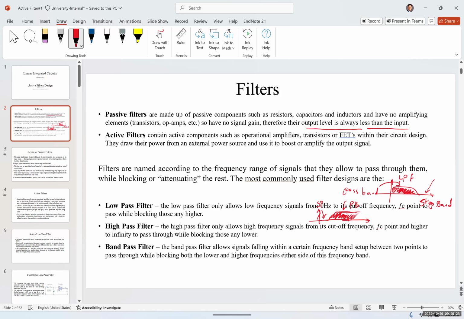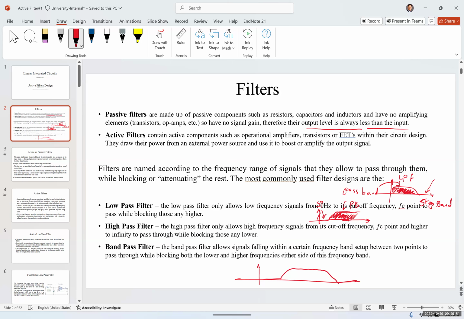So any frequency lower than its cutoff frequency would be blocked, and it's going to pass, technically, in theory, up to infinite frequencies. And then we have a band pass filter. A band pass filter is a combination of a low pass filter and a high pass filter. So if we combine a low pass filter and a high pass filter, we create a band pass filter, which